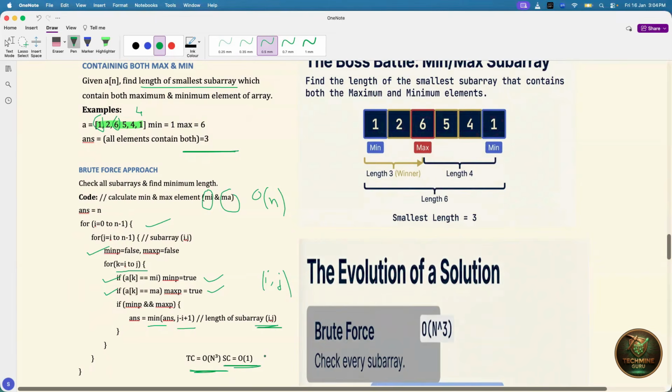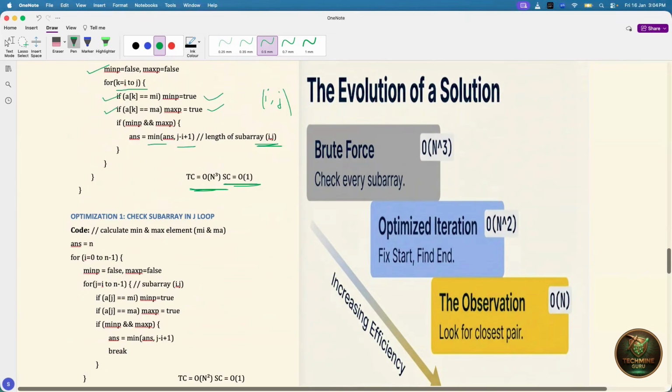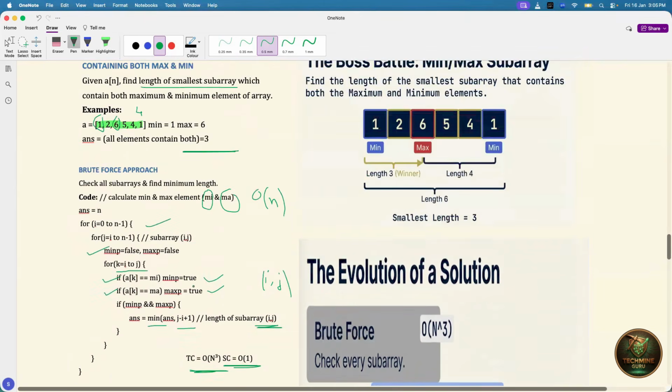So can we optimize it a little further? Definitely. So what can we do in the optimization? Let's observe one thing. Whenever we have an array, suppose we have this array, and we have to count the minimum and maximum. Can we fix the start position and not move it? Because